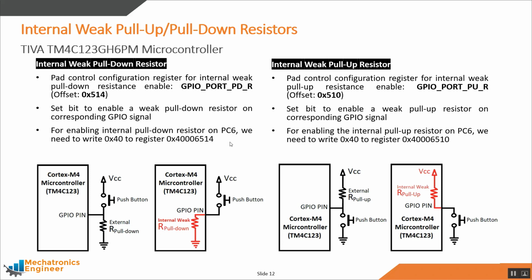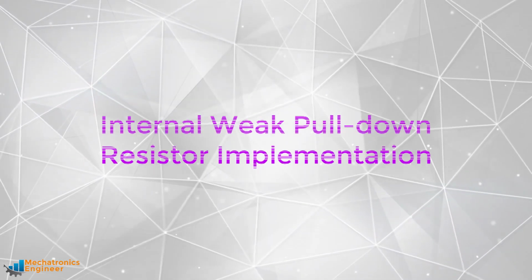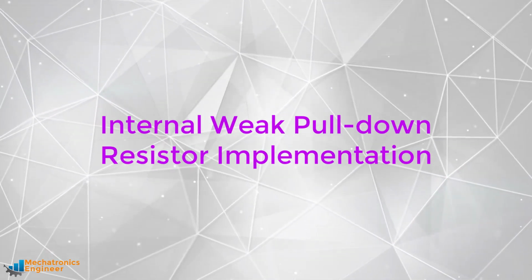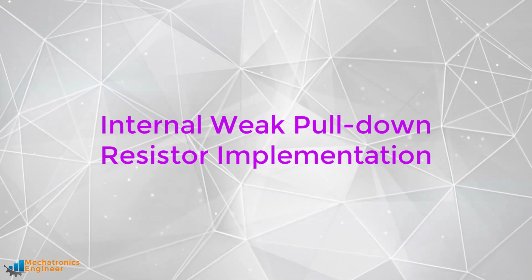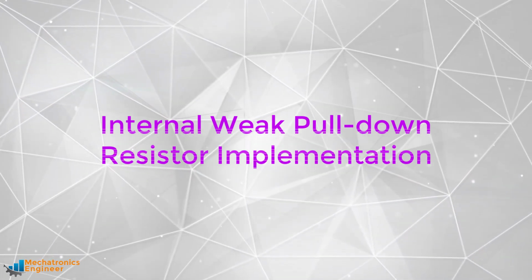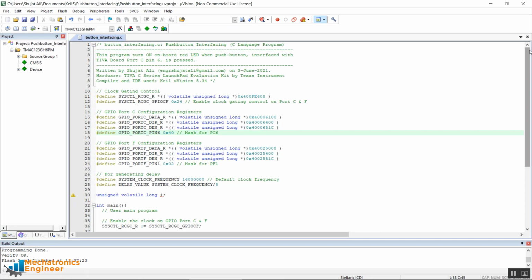Since we are using port C pin 6, therefore the address of these pull up and pull down resistor will be calculated by adding the base address of port C with their offset values. Let's see how we can enable this pull down resistor on port C pin 6. Let's add macros to define the address of pull down resistor. For that, let me copy paste this,